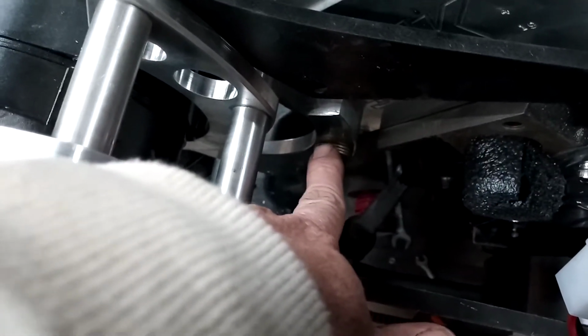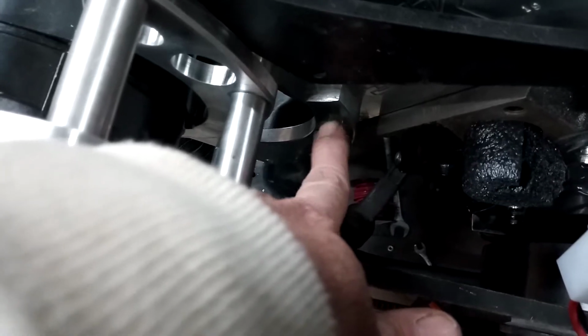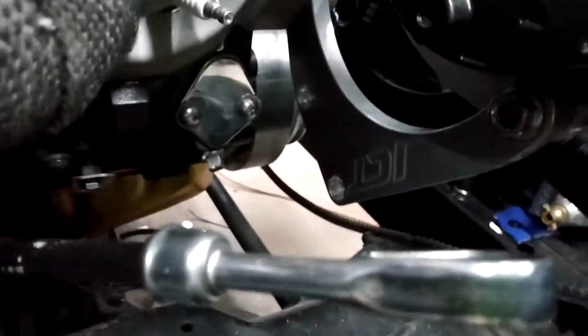And then down here is the ICT billet bracket, top bracket, that I cut the end off right here where the slotted part would be. Drilled a 7/16 hole in it, put a bolt through it, and basically just to give it more support. It comes off the bottom, yeah, it dips down, but